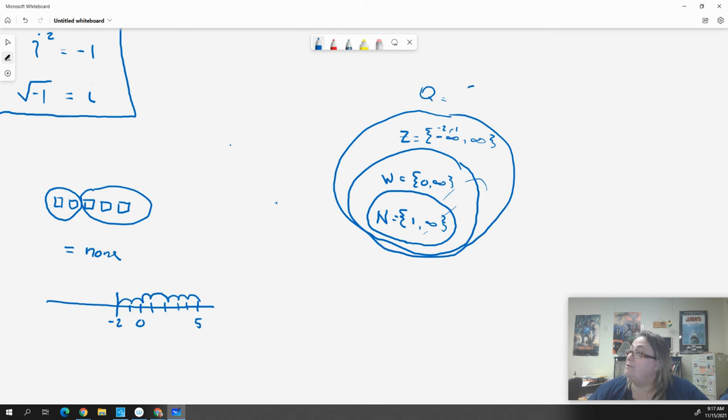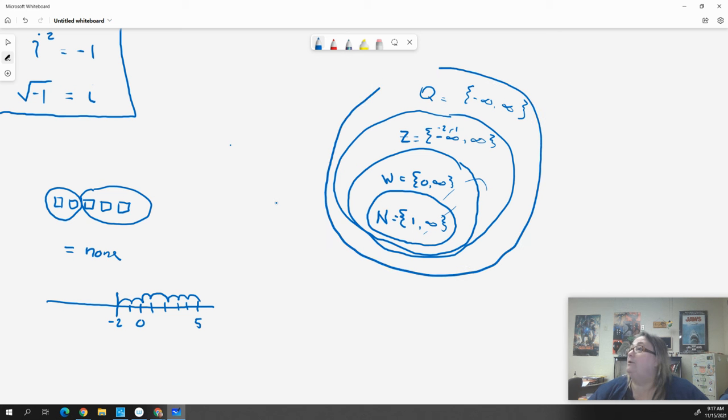Now, the rational numbers also go from negative infinity all the way to infinity, but they include all the fractions, right? So they're whole numbers, right? And fractions, or I should say integers and fractions. That's probably a better way to look at it, right? And so all of that is contained in here. And what that says, this is kind of the cool part, right? When we're talking about integers,